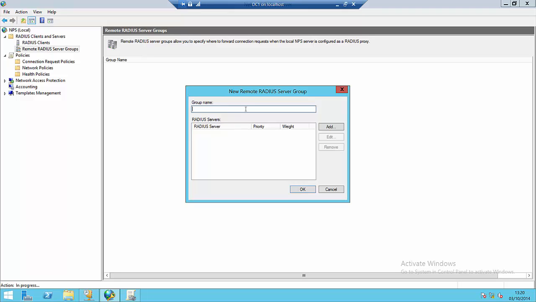So let's say we have a partner organization called Widgets, and my NPS servers and my RAS servers are handling all the market connections for the Widgets organization, but they keep control of their authentication and authorization policies. So although I'm accepting the connections from the outside world, I'm then going to pass them on to the Widgets servers. So if I say add here,